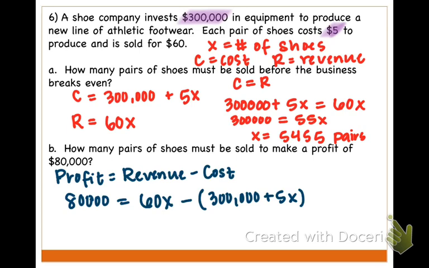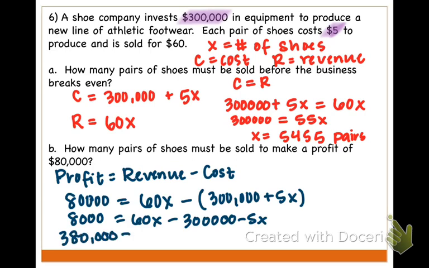And again, the parentheses are really important. I need to make sure that I have that. So I'm subtracting that entire cost function. So I can distribute that negative sign, and I get 60x minus 300,000 minus 5x, and I can combine my like terms, get all my x's together, all my non-x's together, and I get 380,000 equals 55x, and then dividing by 55 on both sides, we get that the number of shoes we have to sell is